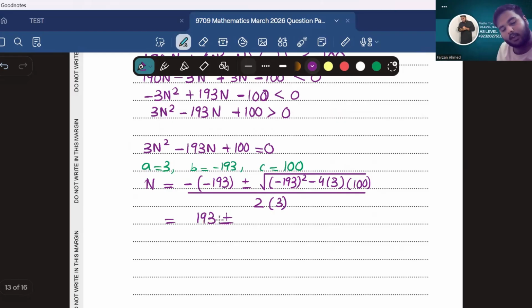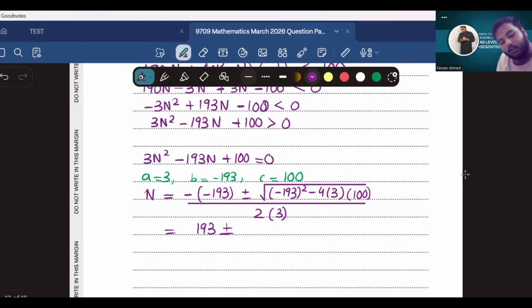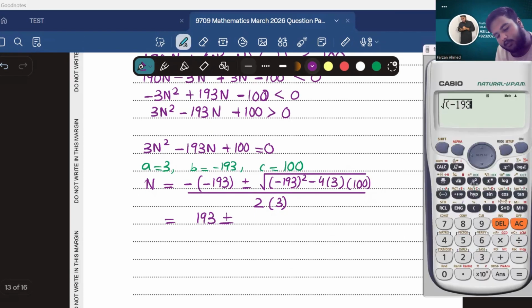So we will take out the calculator. The square root of 193 squared minus 4 bracket 3 into 100 is equal to